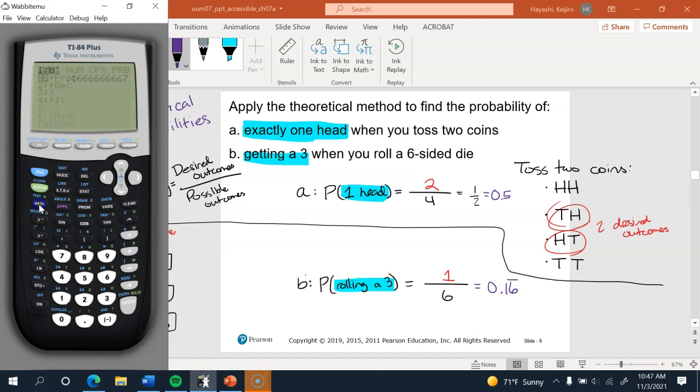On a graphing calculator, it will be under the math menu, and on a scientific calculator, it'll usually just be some secondary function that you can see on the actual face of the calculator. But there's usually something that allows you to turn something into a fraction, or turn something into a decimal. If you have a number and you want to turn it into a fraction, just select this first one. It's literally right there when you press the math button. Turn the answer into a fraction, and express it as a fraction. And that's if you need to go from a decimal to a fraction.